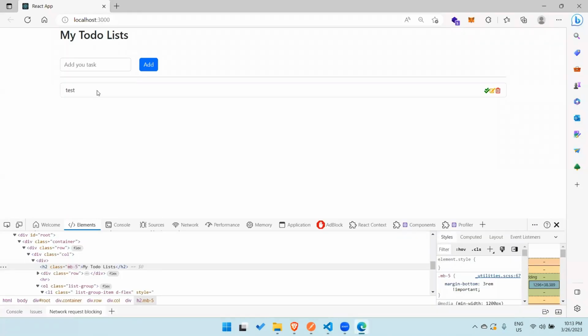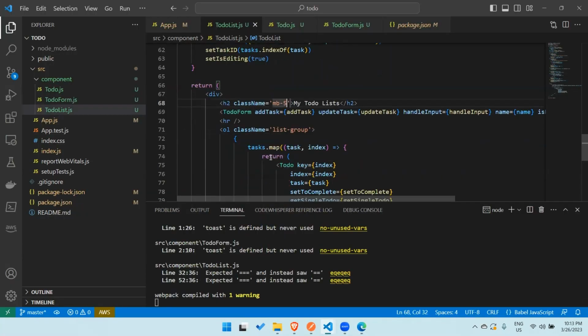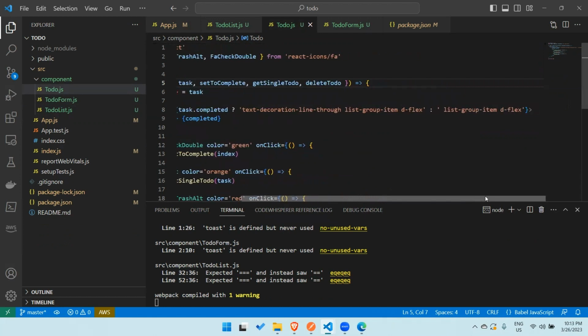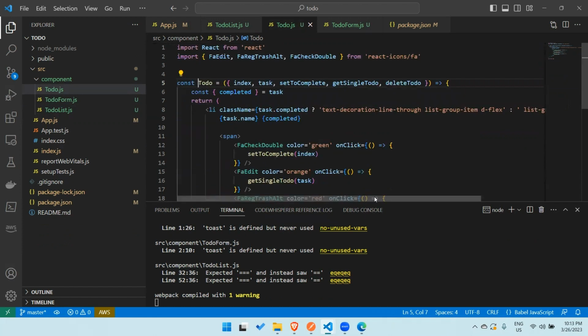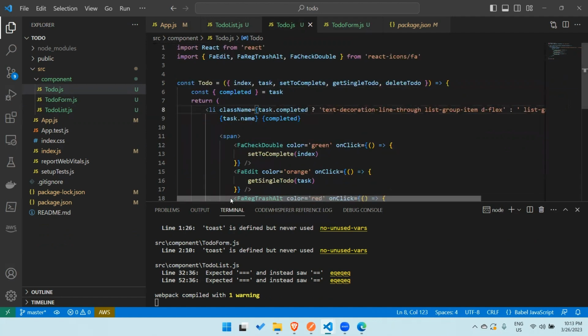It's working. And justify content. And style to do. We need a justify content here. So where we can use style. This is style here. Style is going to